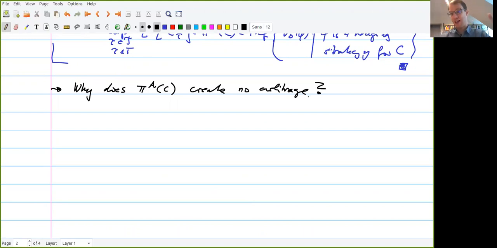Because I called it the arbitrage-free price, but I never told you that this doesn't create arbitrage, which was actually the argument we used for the European option. So the question is: